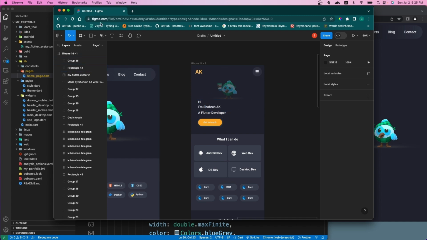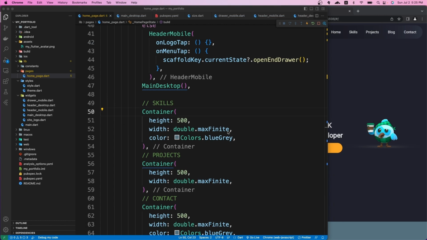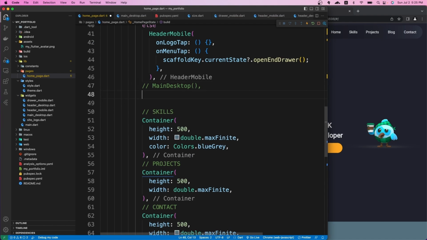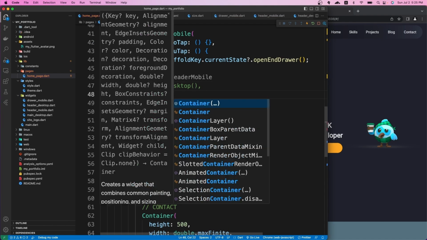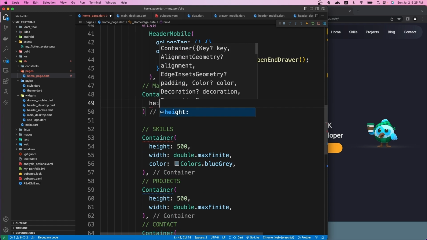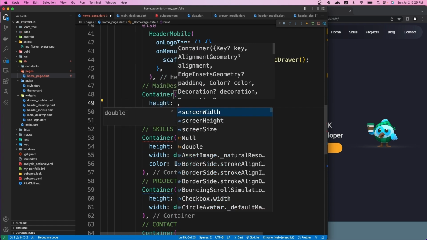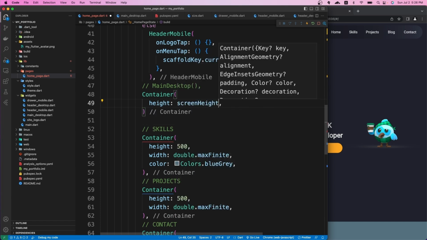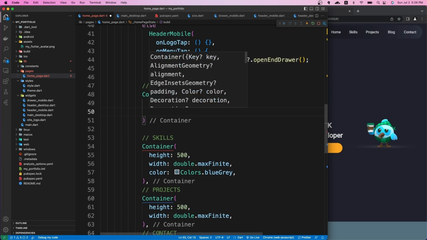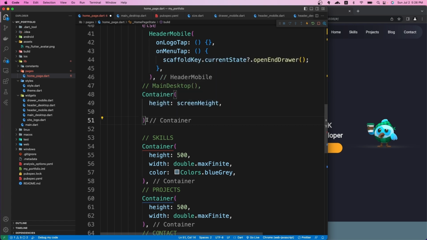All right, so let's close this and let's comment out our main desktop widget. And here let's create a new container. For our container, let's give it a height. So for the default height, we are going to set it to screen height. And we need to give this some constraints as well, because